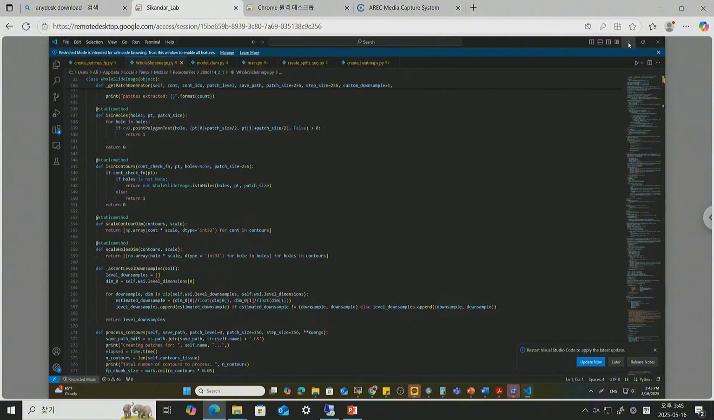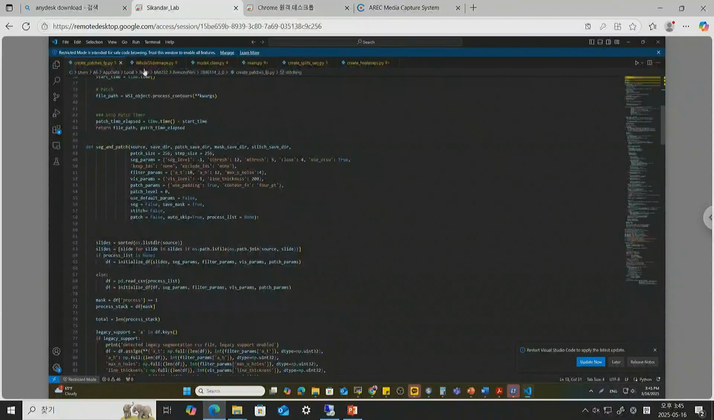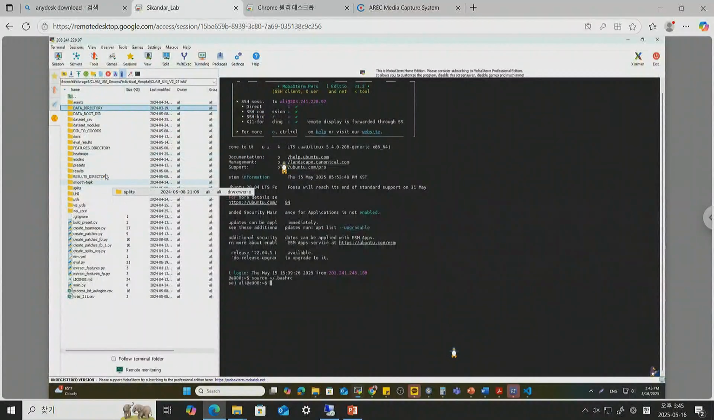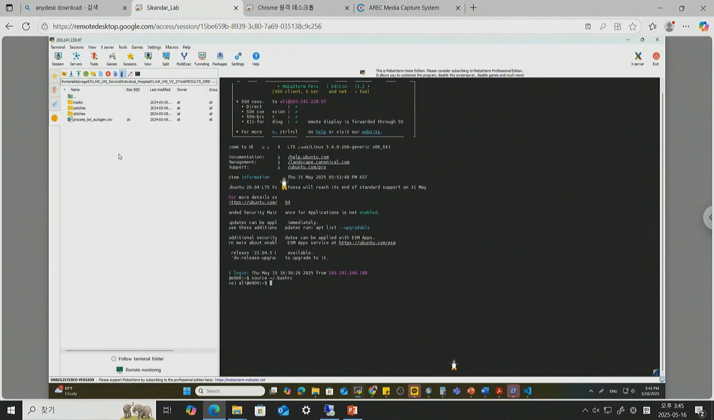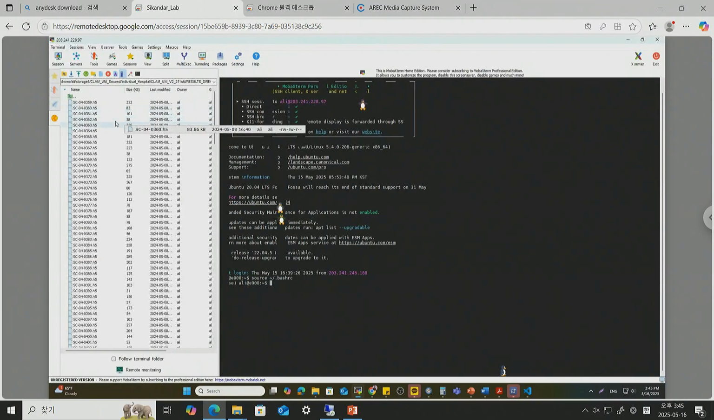So when you run this create patching code, it will generate your results here in the result directory. In the result directory you have these masks, patches and stitches. So patches are in this form, for example H5 format. Previously in the other approaches we were keeping the patches as images, for example in PNG form